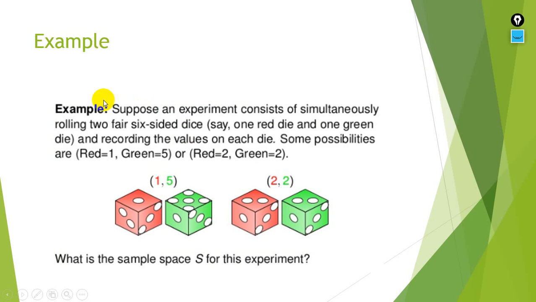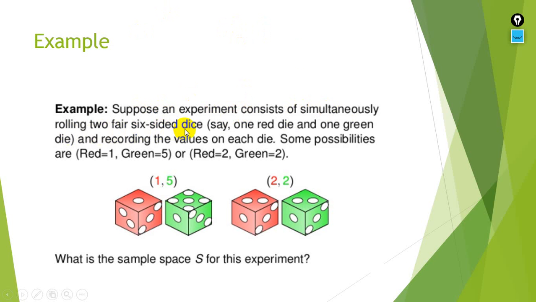Now here is an example for sample space and event: dice, like Ludo dice. Suppose an experiment consists of simultaneously rolling two